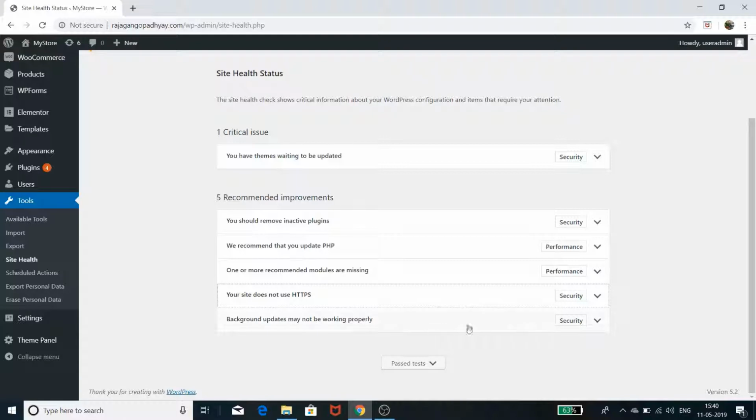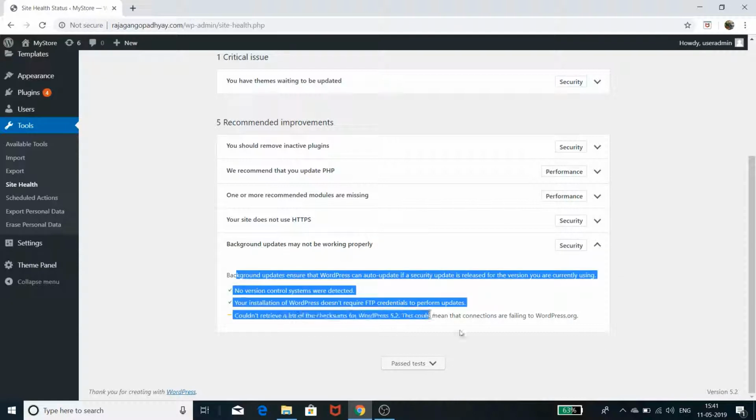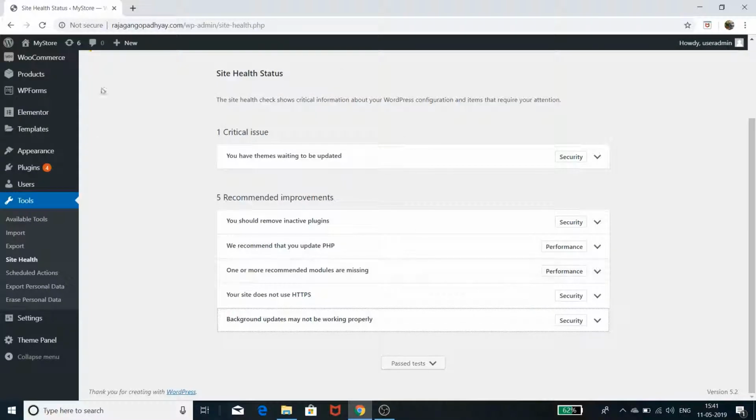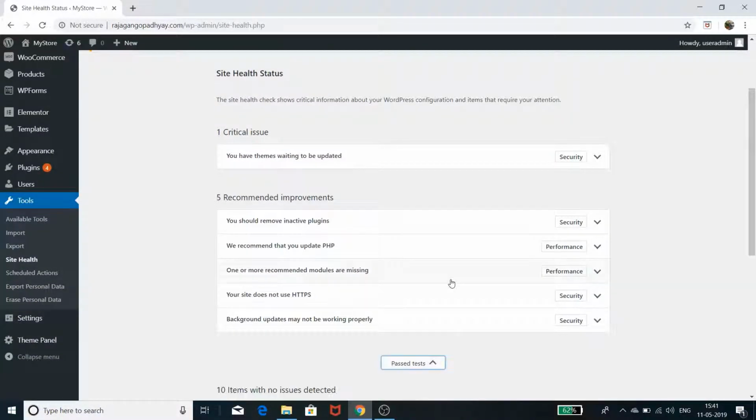Background updates may not be working properly, so this is another thing that you need to take care of. So these are the few things that you can go through and get rectified to increase the performance of your website. So you can see it is giving a site health of 60, and